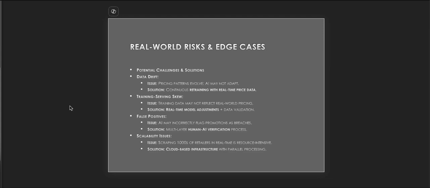Real-time model adjustments, data validation. At the beginning of the project, you definitely want to do this over and over again. And just be careful, any other features you add may really impact the data. So you want to track all of the different iterations of the model that you created, to be able to go back to a model that may have worked, from the current model that you're using that for some reason doesn't work anymore.